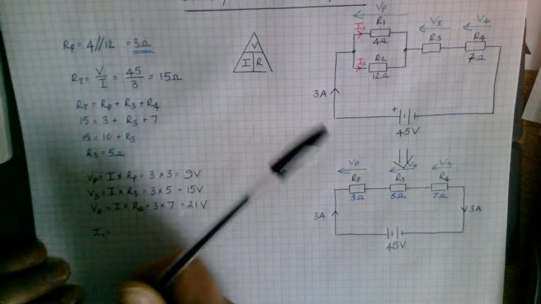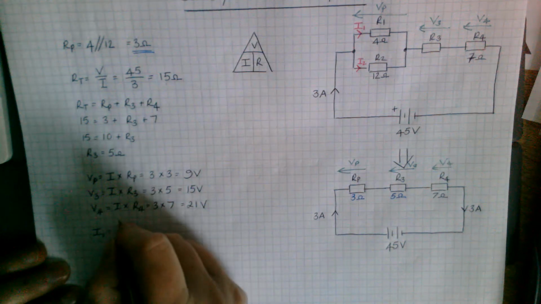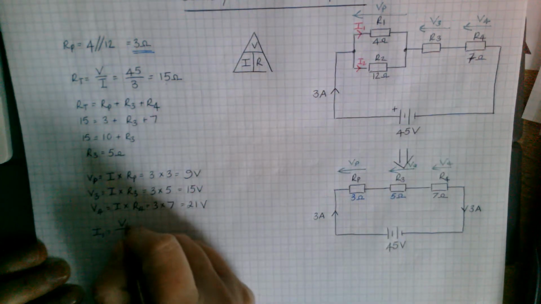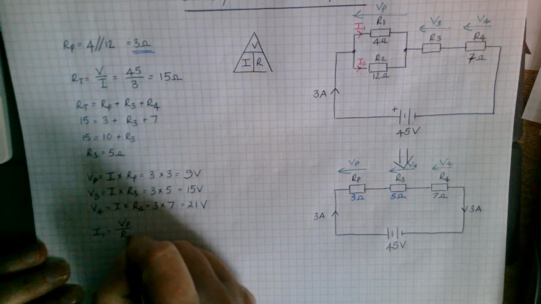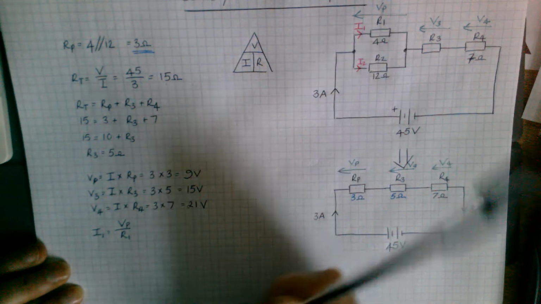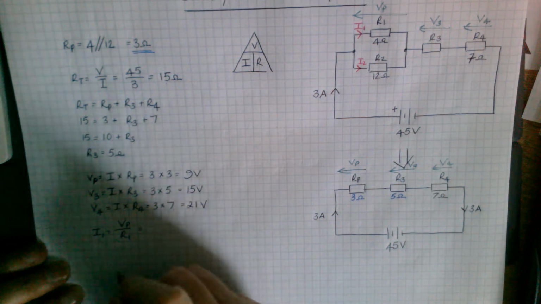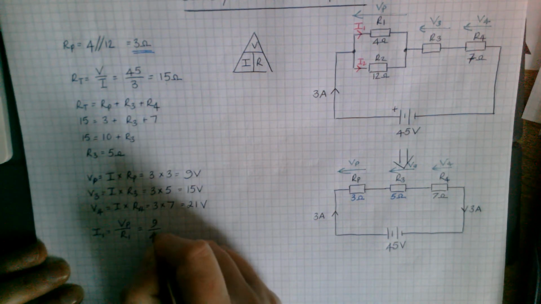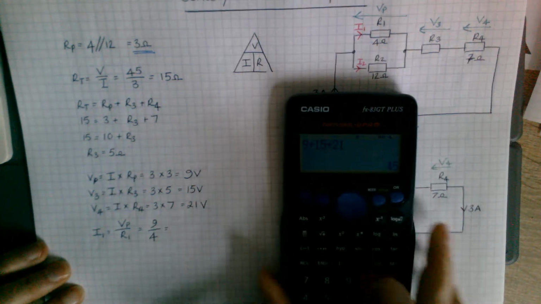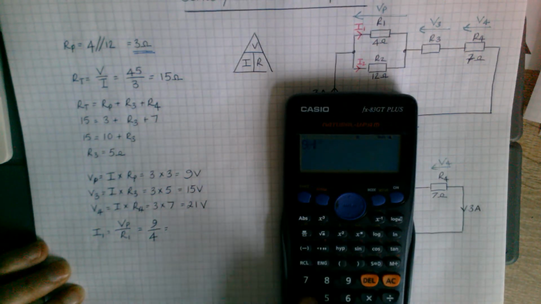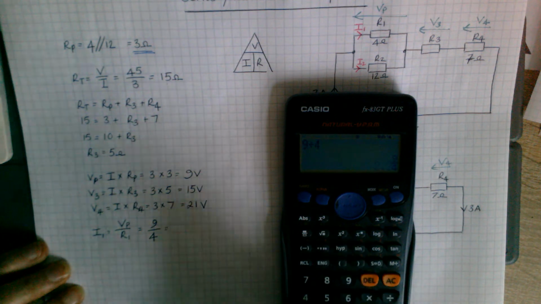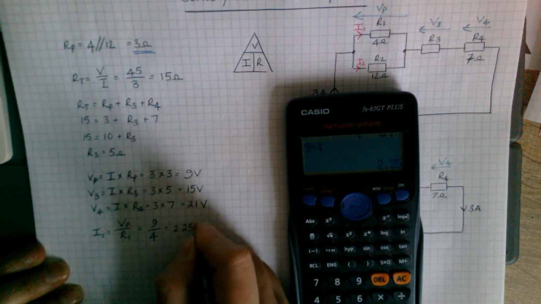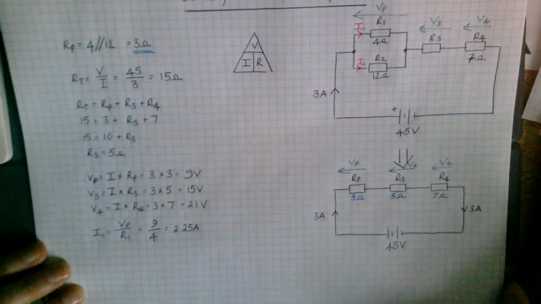So I1, I equals V over R. The voltage you would use for I1 would be VP over R1. I1 only flows through resistor 1. So VP, 9, divided by resistor 1 is 4. So 9 divided by 4, 2.25 amps. And your I2,